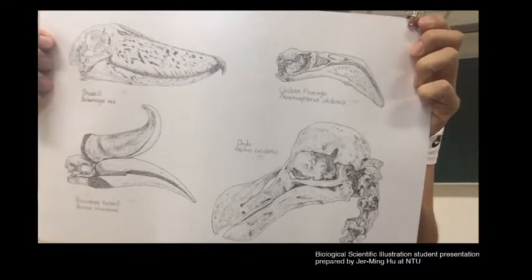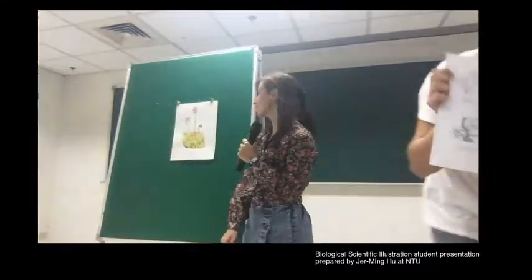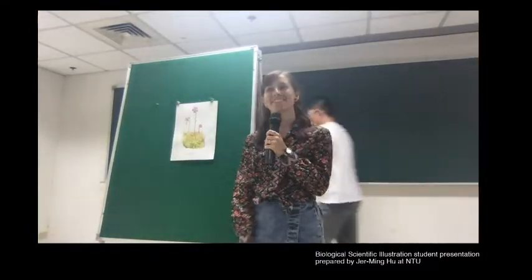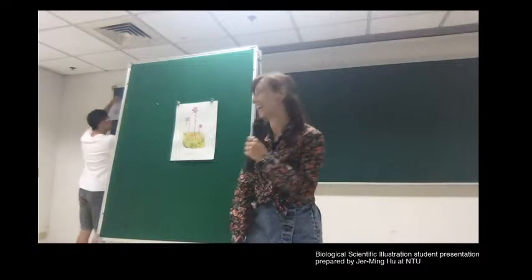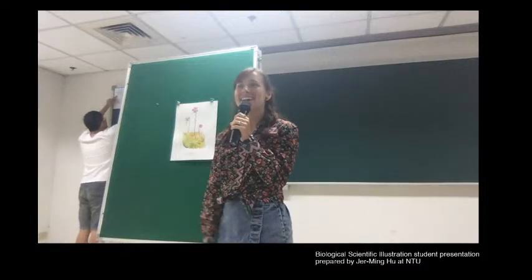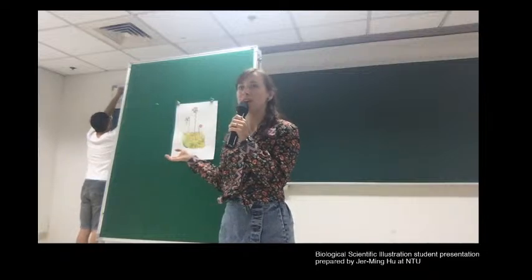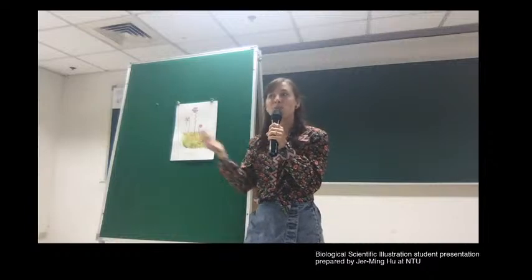Stand right here. Yeah, okay, go ahead. Hi, my name is Alex. I chose to illustrate Drosera spathulata for my final project. This species is in the family Droseraceae, commonly known as the sundew family. The sundews are a group of carnivorous plants, and they attract insects to their leaves where they get stuck in the sticky hairs. They secrete a sweet substance called mucilage, which attracts the insects, and then enzymes are used in